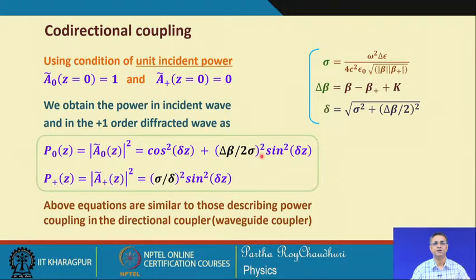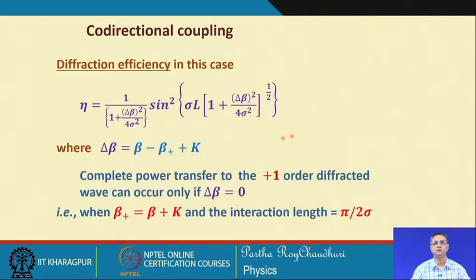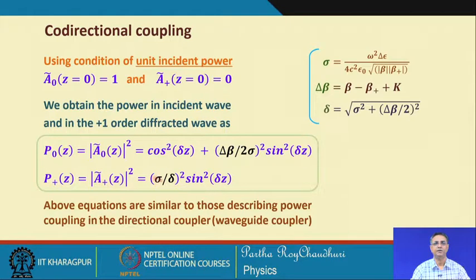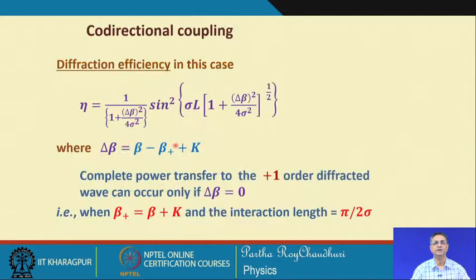sine cosine variation of the power transfer. So, initially the entire power will be represented by cosine square, and the coupled power will be represented by sine square of sigma z, where sigma is the coupling coefficient. This we have seen. So, eta, the diffraction efficiency in this case, will come from here, because you can see delta beta. If you put this in this equation, sigma by delta, you will readily get this equation, and this expression